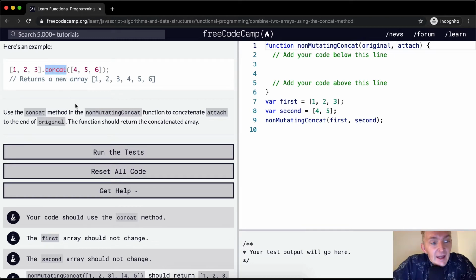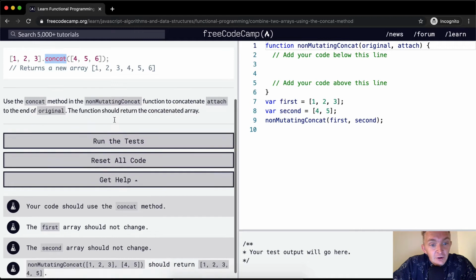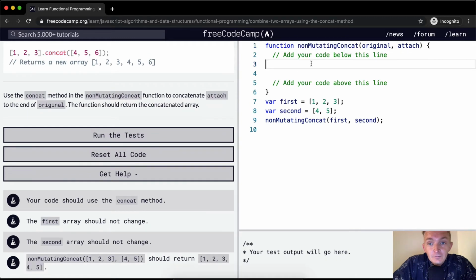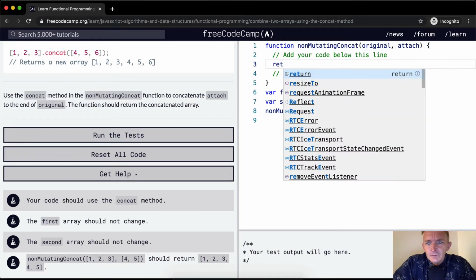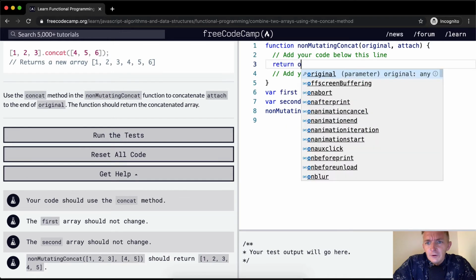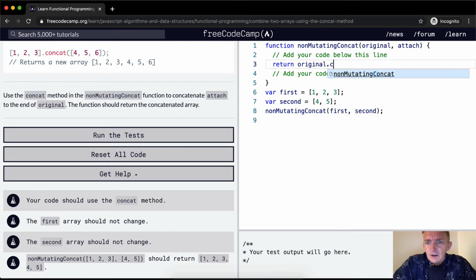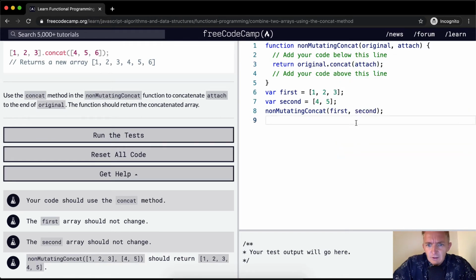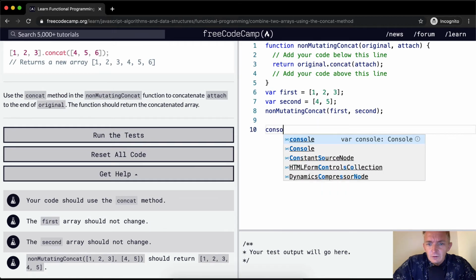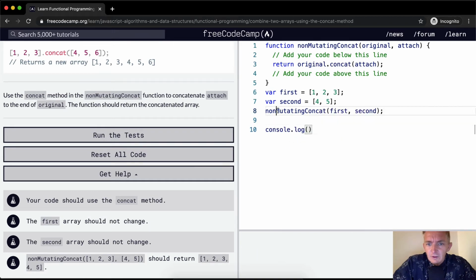So we want to use the concat method in the non-mutating concat function to concatenate, attach to the end of original. The function should return the concatenated array. Cool. So we just want to go return original dot concat attach, and then let's console.log,